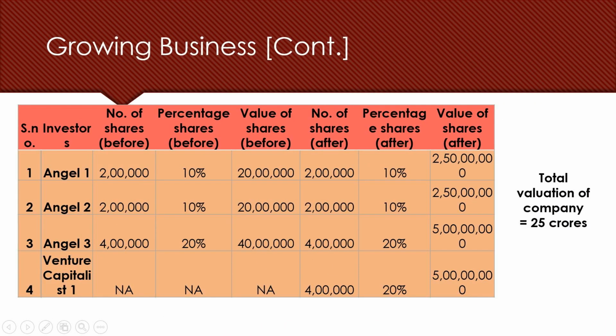Now look at this table very carefully. The first part shows the previous investment by Angel 1, Angel 2 and Angel 3. Previously the venture capitalist 1 was not present. Now suppose that the venture capitalist is ready to invest 5 crore rupees in your business,